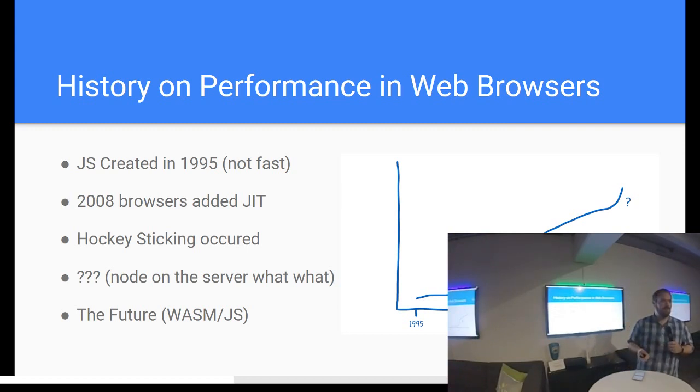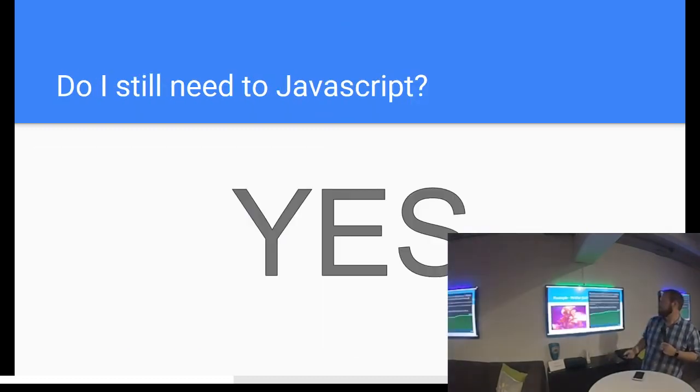As soon as we introduced this JIT compiler, we start seeing this kind of hockey stick effect where code that's repeated doesn't need to be interpreted over and over again, so it becomes more efficient, and you start seeing more and more efficiencies, and eventually JavaScript gets to this point where you're even starting to see it on the server with Node. That's kind of outside the browser, but it's still really cool to see where JavaScript has evolved from. WebAssembly doesn't necessarily shift gears from JavaScript. It actually integrates very well with JavaScript, and that's kind of where we're going in the future.